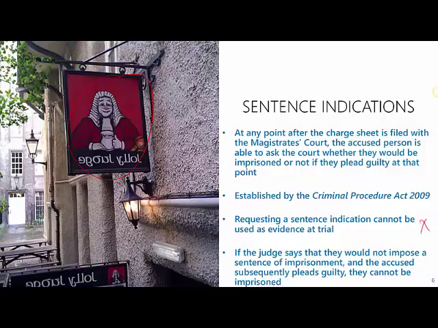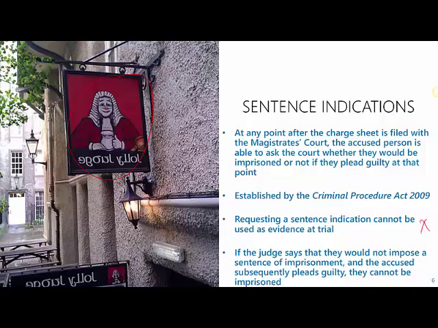It cannot be used as evidence at a trial if you request a sentence indication, okay? Because the insinuation is, if I check what will happen if I plead guilty, then maybe I am guilty, and it would be tough for you to feel confidence to do that if then at trial they could say, oh well, the evidence is pretty strong, but did you know that they asked for a sentence indication as well? Like, they asked what would happen if they pled guilty. That means they were thinking about pleading guilty, which means they probably are guilty. Okay? So it can't be used as evidence at trial because that would create a bias or a prejudice against the person.